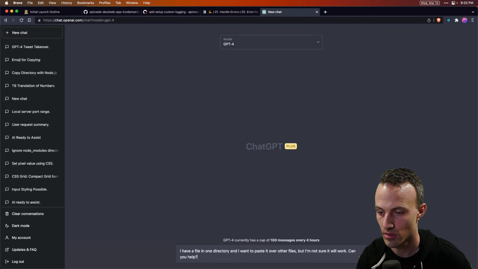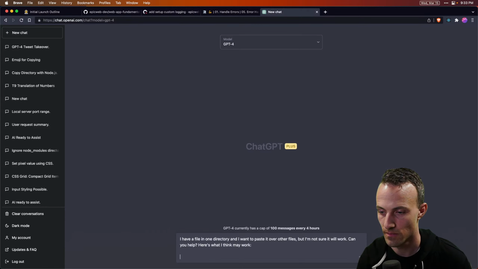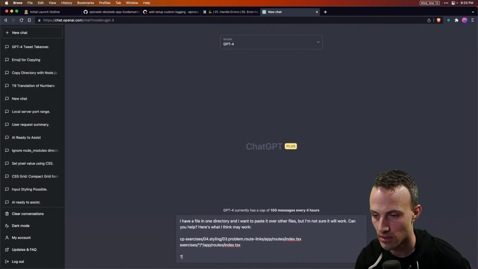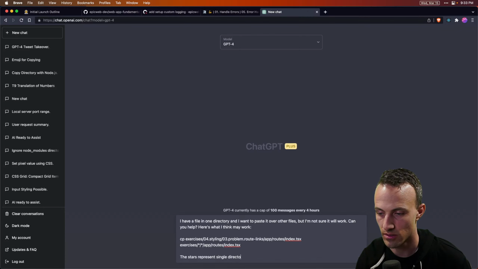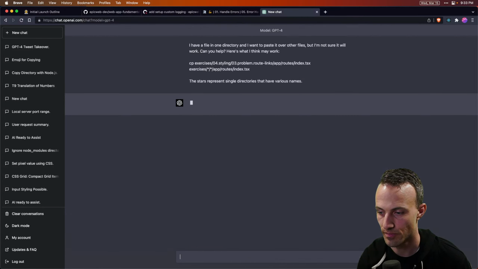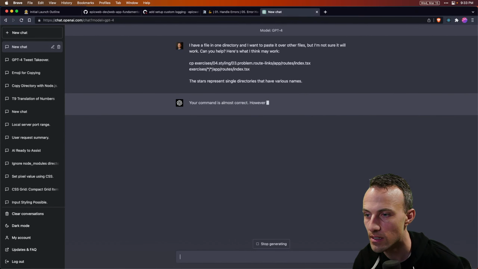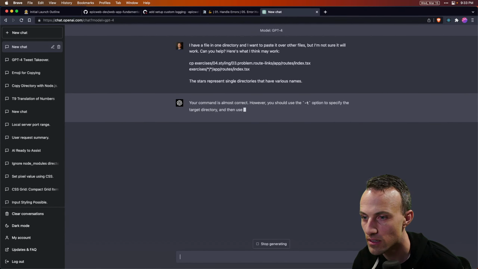Can you help? Here's what I think may work. The stars represent single directories that have various names. Yeah, I thought it was almost correct.